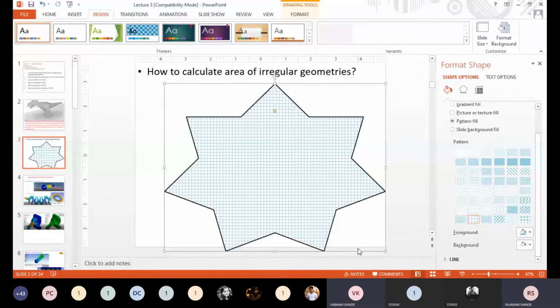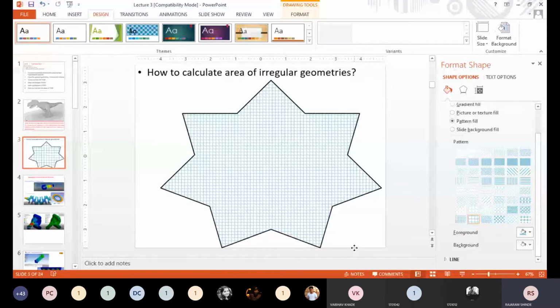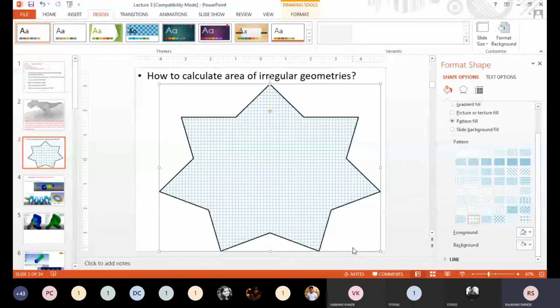Now I have asked to calculate the area of this one. See here, we don't have equation for calculation of the area of this one. Okay, so we cannot get the 100% accurate area of this image. Now, when we don't have any way to calculate the area, then we are going to find the approximate area. Okay, if 100% solution for the problem is not possible, then we have to go for the approximate solution and acceptable solution. Okay, do you agree with this?